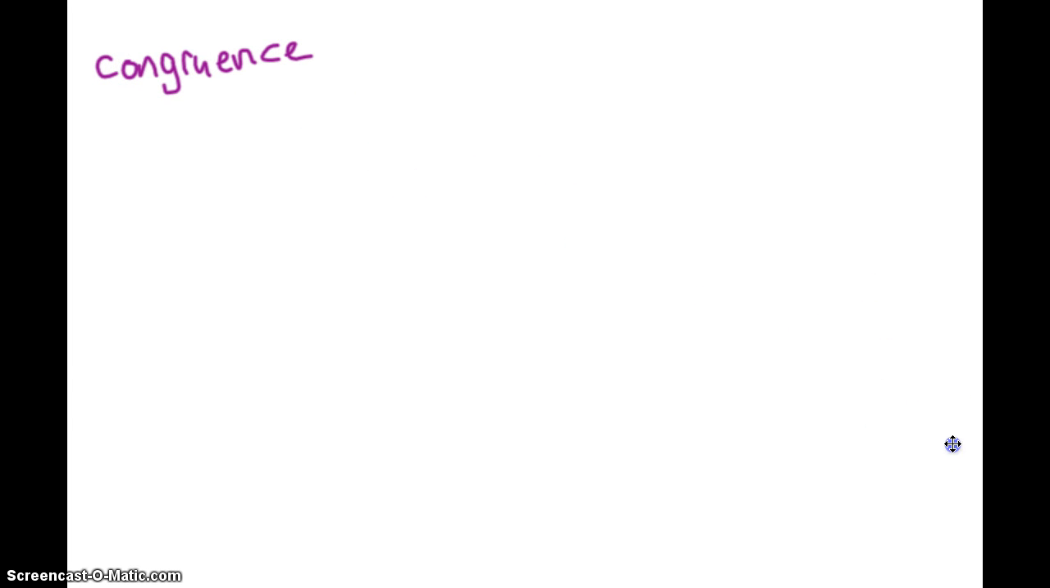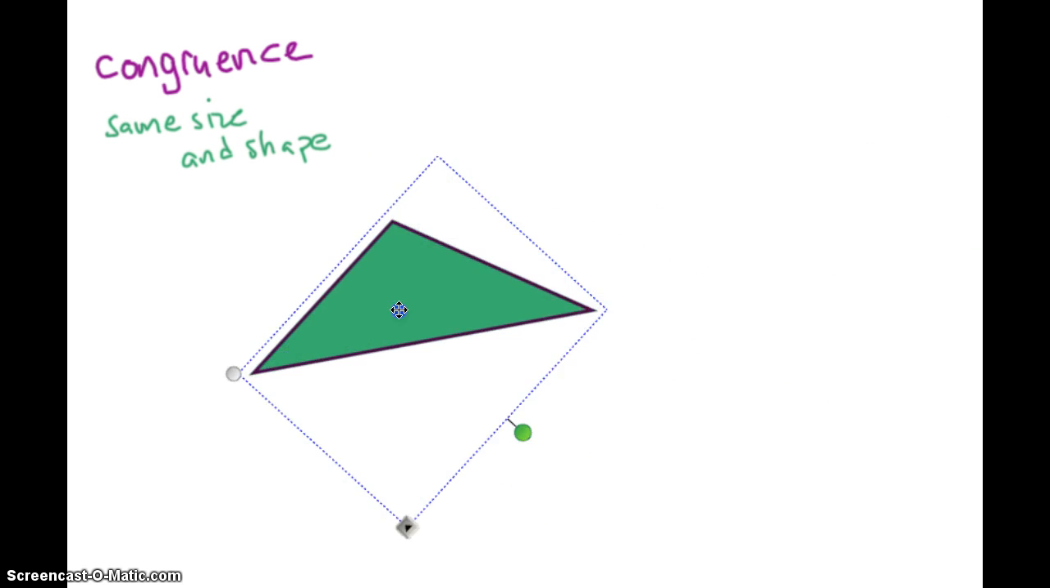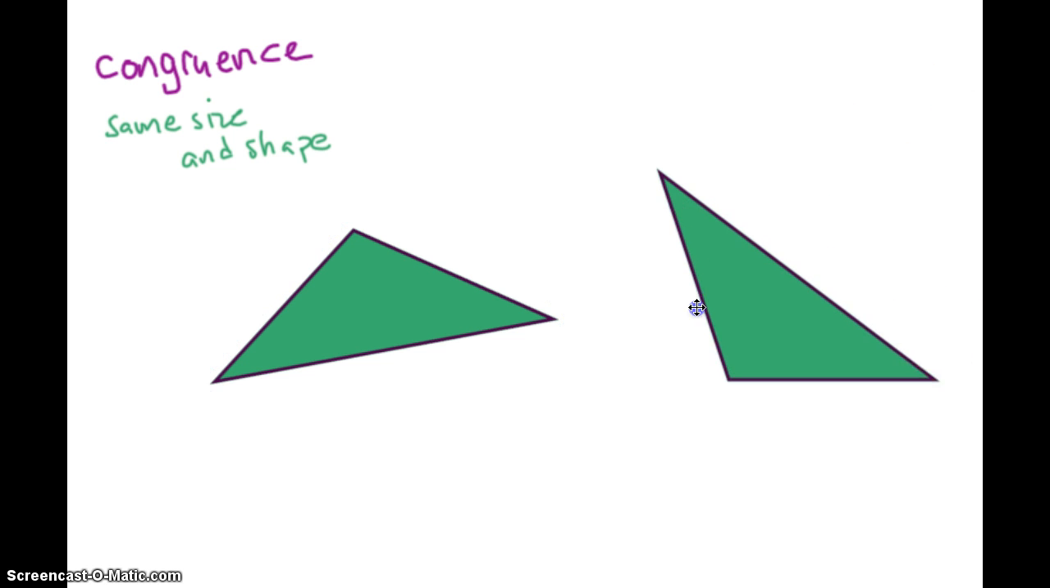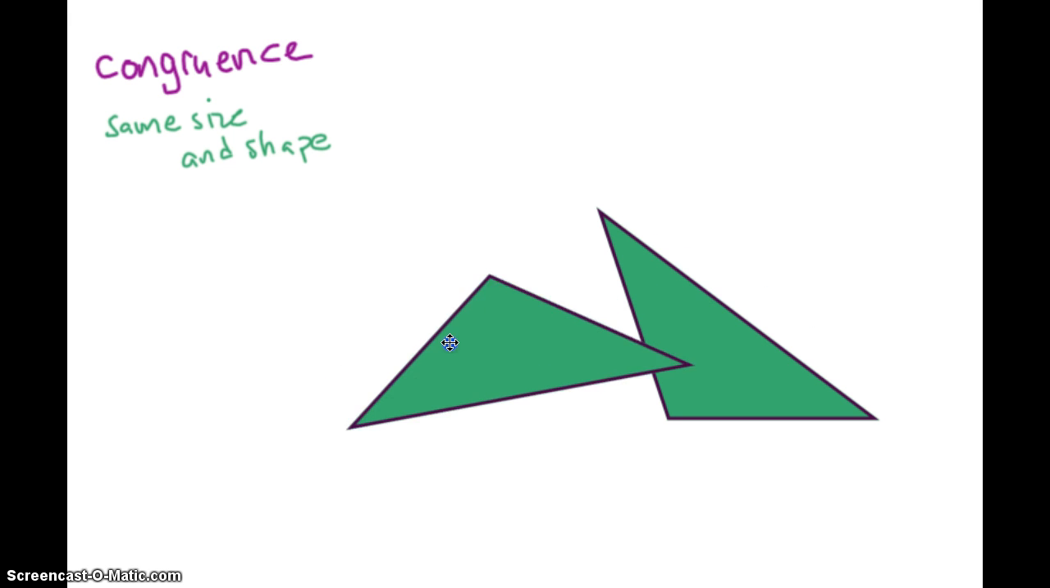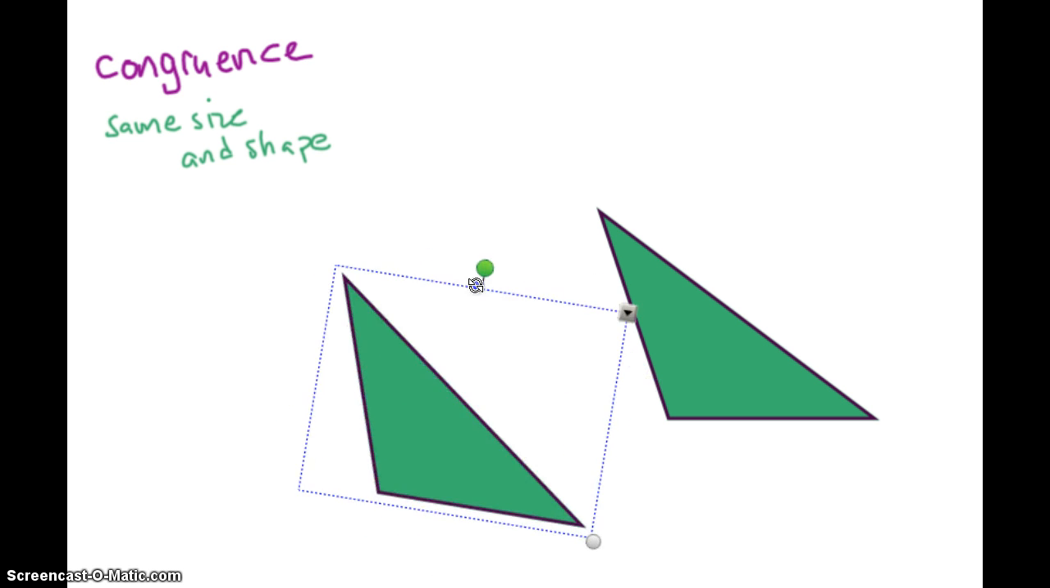Congruence means having the same size and shape. These two triangles are congruent to each other if they have the same size and shape. The way they're oriented makes it a little bit difficult to tell, so let's take this triangle and rotate it